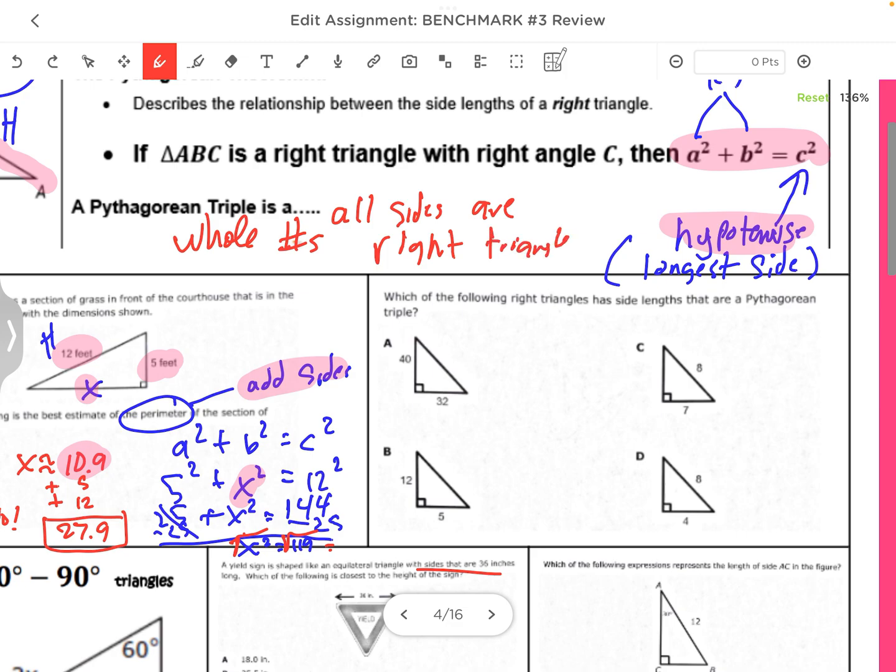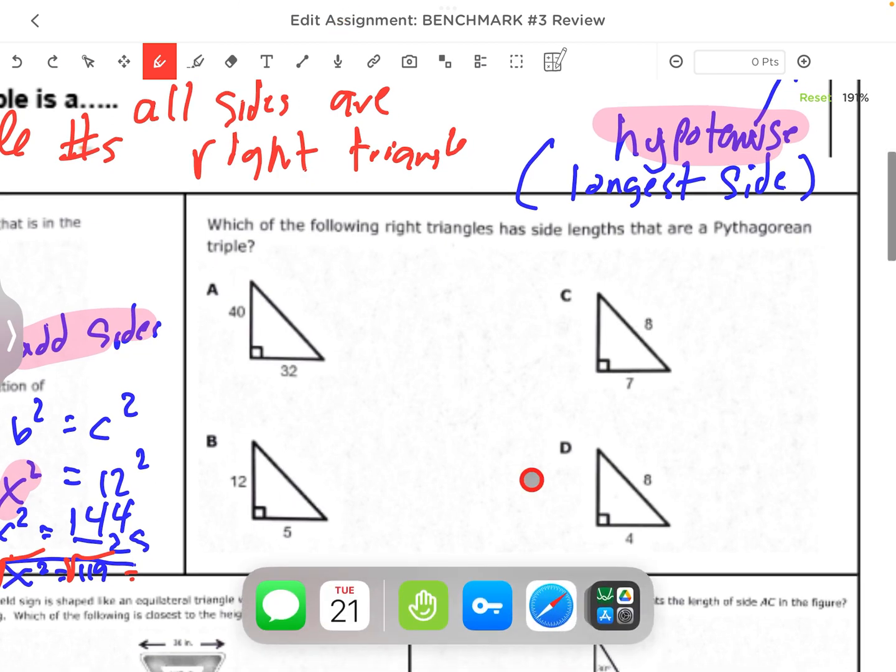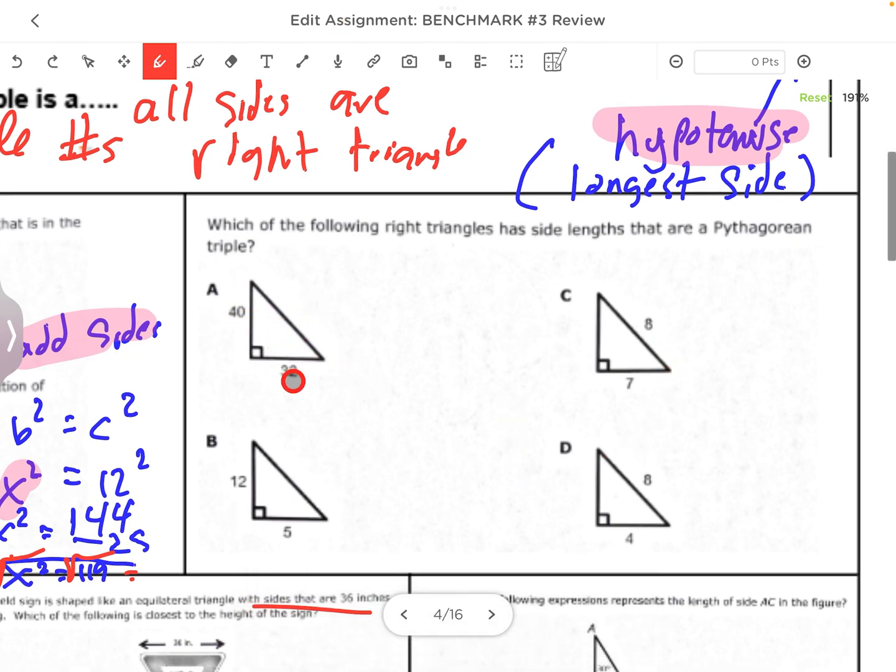Okay, so it says which one of these are sides that are a Pythagorean triple. So we're trying to figure out which one. We know if we can find out this side, we need to find out this side. So we're going to use a squared plus b squared equals c squared. So let's set it up. We know that's the longest side, the hypotenuse. That's the main thing. So now let's put 40 squared plus